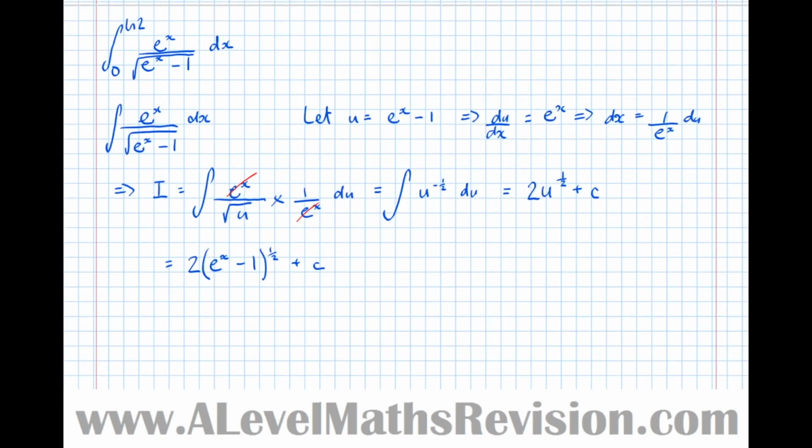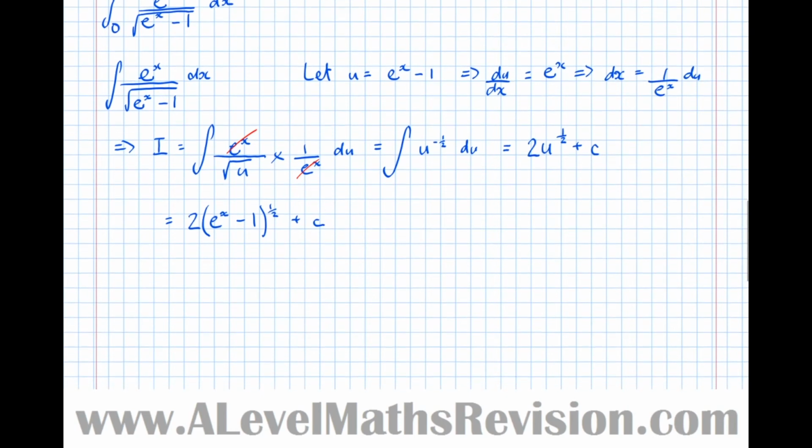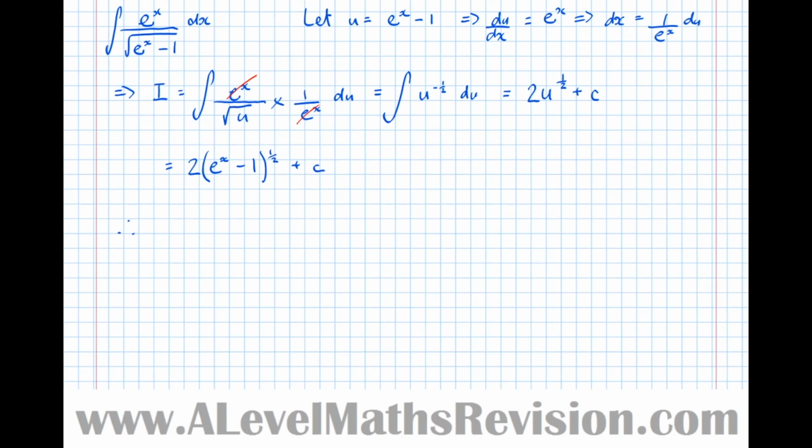So we want the limits to be log 2 and 0, but we noticed that when x equals 0, the denominator is e to the 0, i.e. 1, take 1, which is 0, so the curve's undefined. So this limit here makes the integral improper. So in such situations, we'll replace the improper limit with an a. So therefore, the integral between log 2 and a of e to the x over root of e to the x take 1 dx equals 2 e to the x take 1 to the power of a half